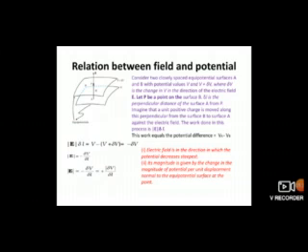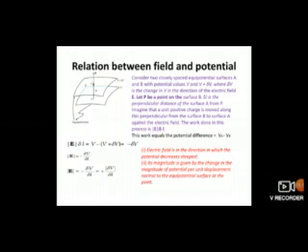Finally solving this, we will get minus del V, and from that we can go for the next expression, modulus of E is equal to minus del V by del L. In this, when we take the minus sign inside the modulus, we get plus modulus of del V by del L. So finally we got the expression for electric field and the relation between field and the potential.